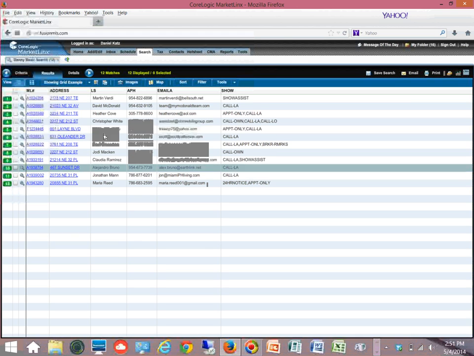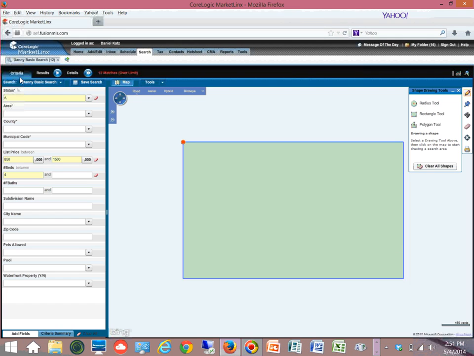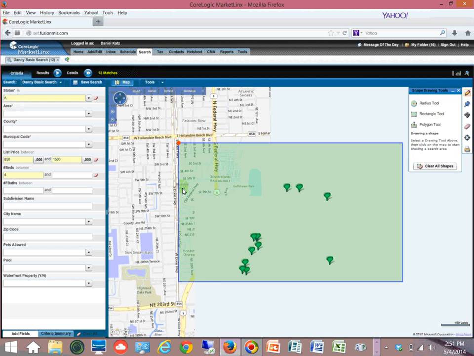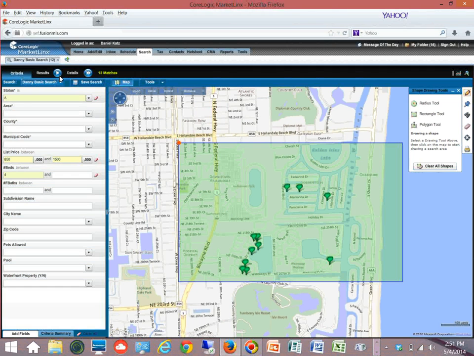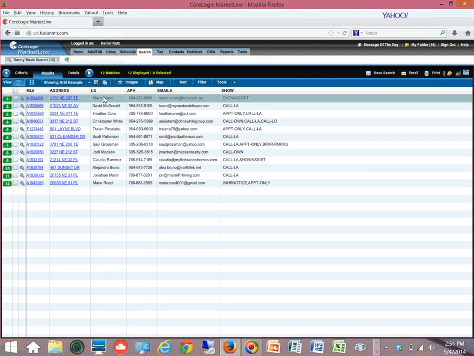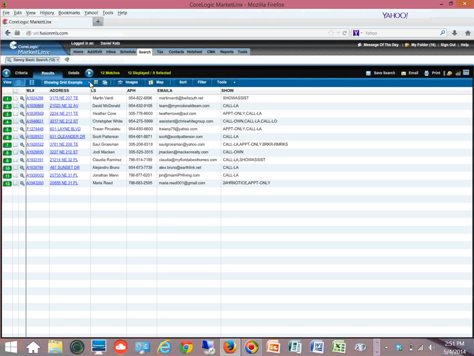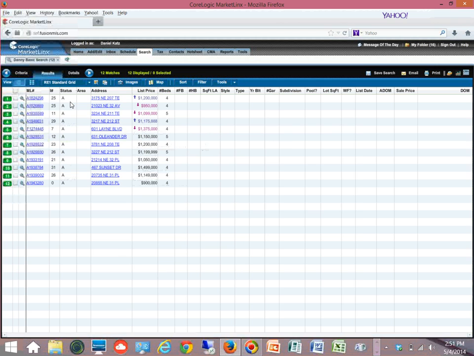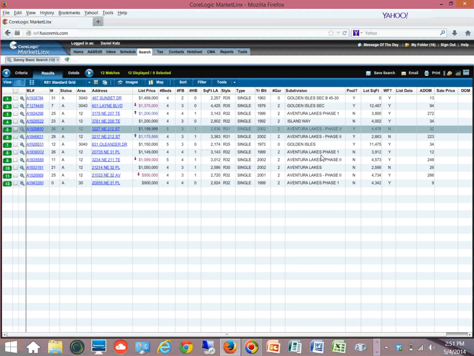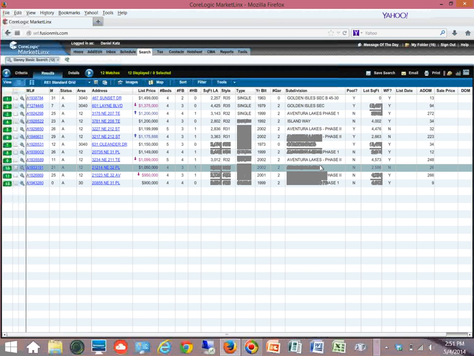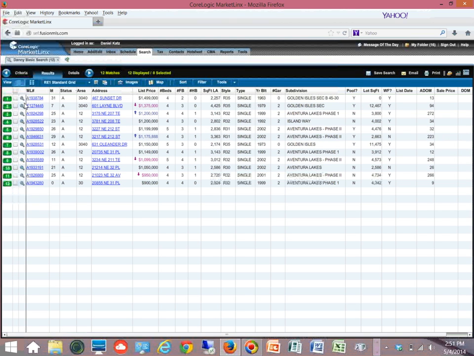So how do we access it? Well, normally we start a search, and when we're done with all the criteria and we go to the results, we normally get our results in what's called the RE1 or RE standard grid, which basically looks like this. Once we have gone through all the details of all the properties and we've selected the ones we want to show,